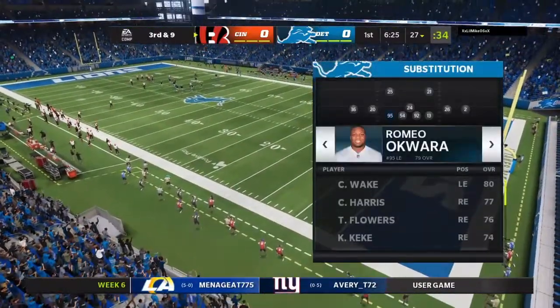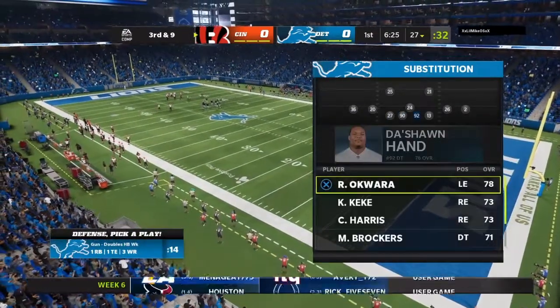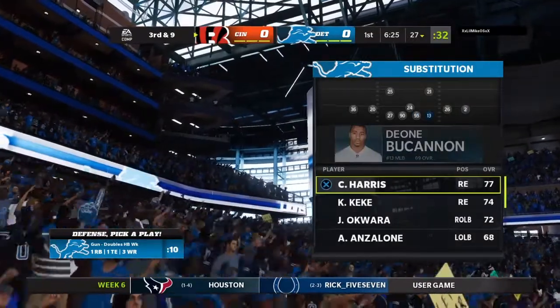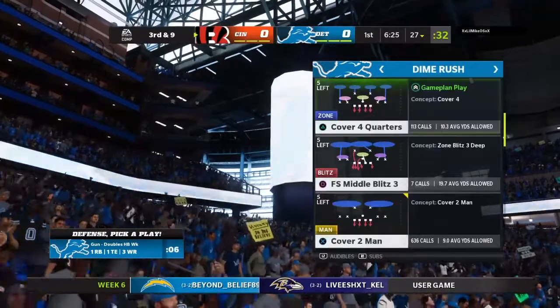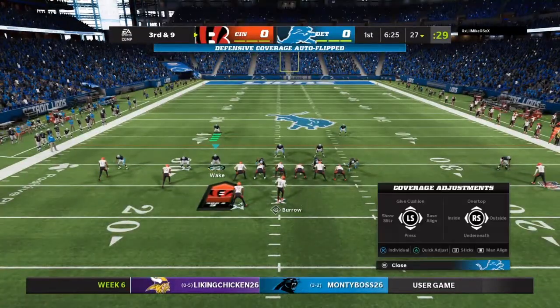Well, they've got man coverage on the outside, and my scouting report on these DBs tells me that they love to take matters in their own hands. They want man coverage, not zone. And there was good coverage there that forced the incompletion. So trouble already here on their opening drive. This is 3rd and